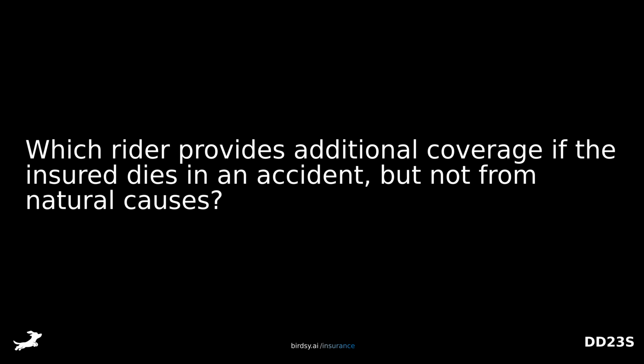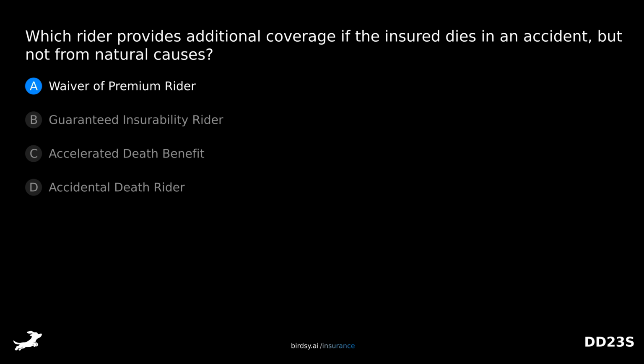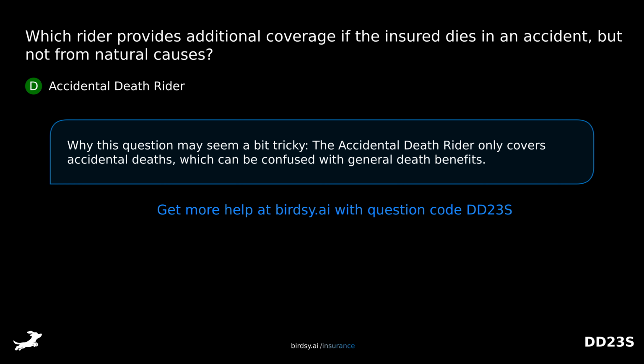Which rider provides additional coverage if the insured dies in an accident, but not from natural causes? Is it A, waiver of premium rider, B, guaranteed insurability rider, C, accelerated death benefit, or D, accidental death rider? The answer is D, accidental death rider. Why this question may seem a bit tricky: the accidental death rider only covers accidental deaths, which can be confused